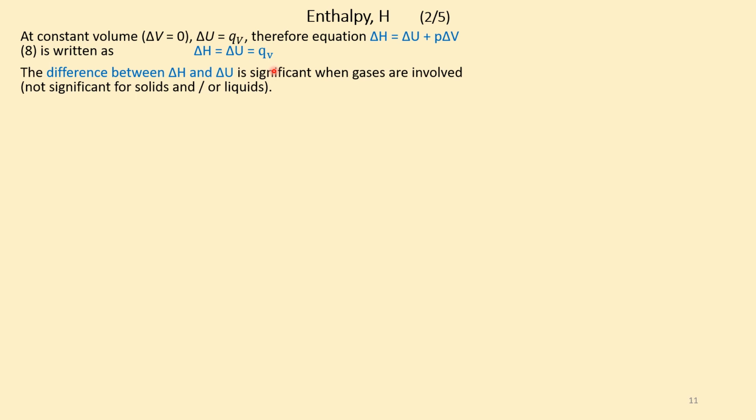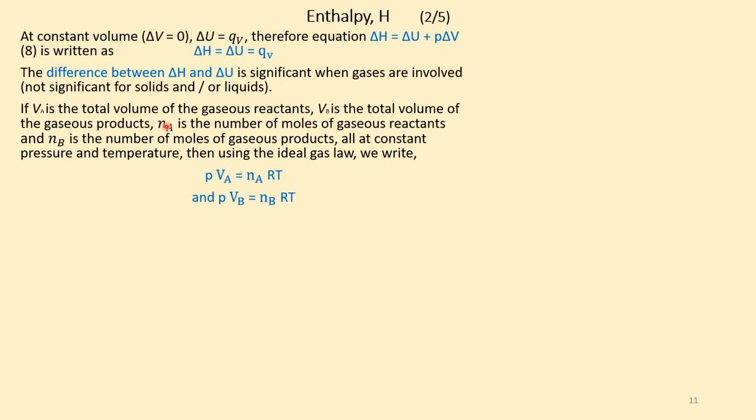The difference between delta H and delta U is significant when gases are involved. In case of solids and liquids, the difference is negligible, not significant. If Va is the total volume of gas reactants and Vb is the total volume of products, Na is the number of moles of gaseous reactants and Nb is the number of moles of gaseous products, all at constant